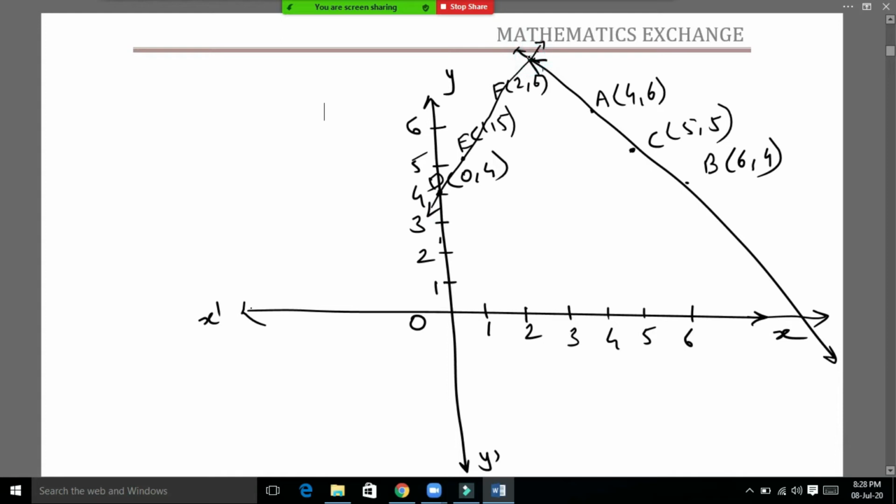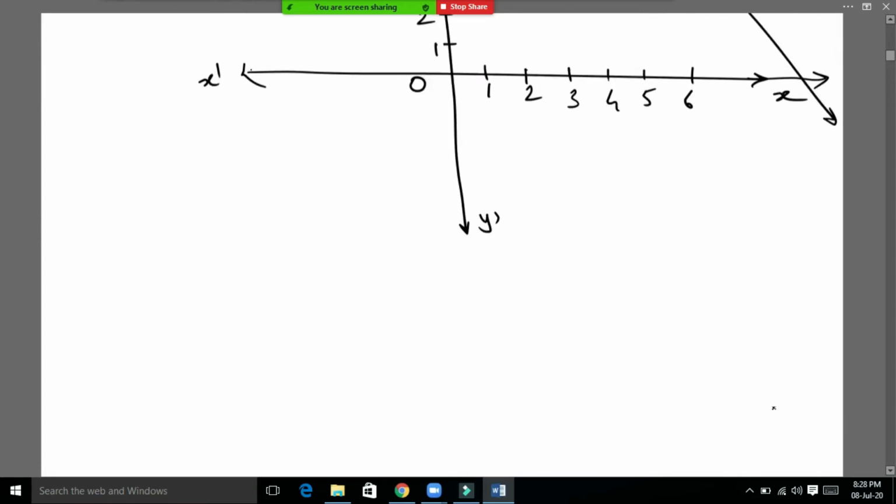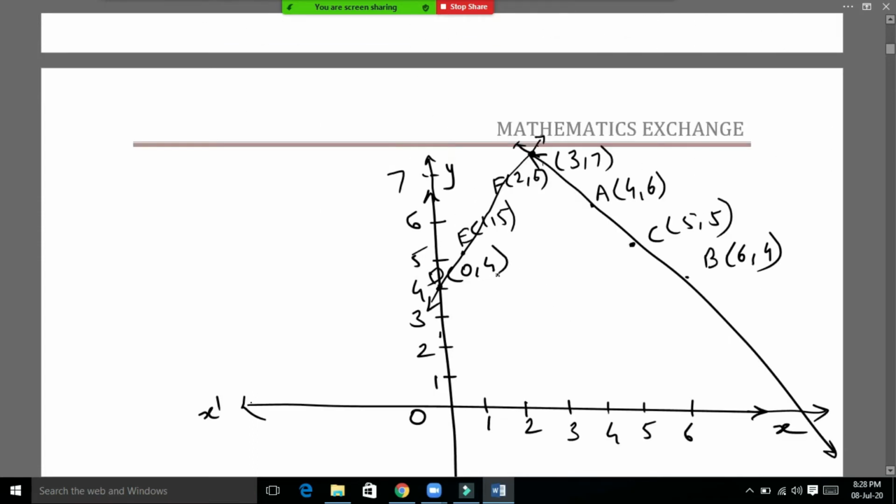So this is the intersection point, and if you draw it properly, we get (3, 7) as the intersection point. Let us look at this. So (3, 7) is the intersection point. This intersection point is nothing but the solution of the pair of linear equations. Represent the lines by the equation. So the first line is x plus y is equal to 10, and the second equation is y is equal to x plus 4.